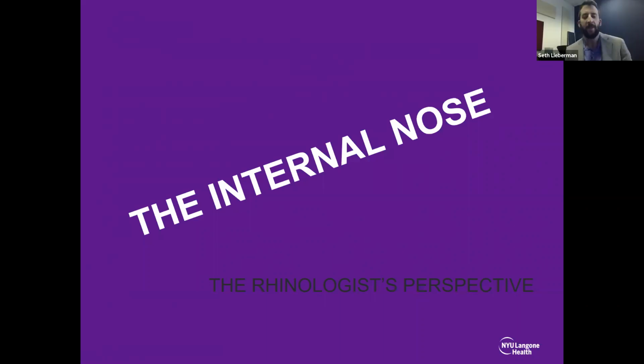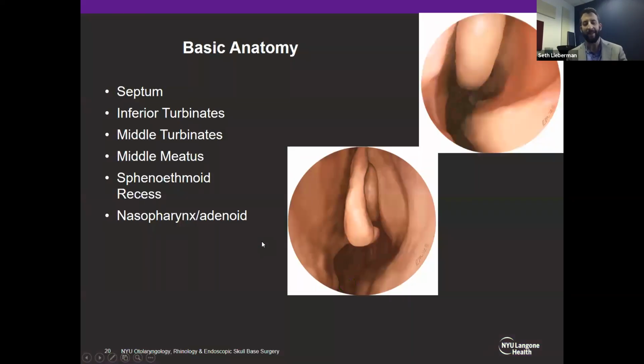So we're just going to go over some of the structures that are inside the nose, which are really things that you can't see without an endoscope mostly. It's important to have an understanding because there are a lot of different culprits for what can cause nasal obstruction. So just some very basic anatomy. We have sets of turbinates in the nose. The one that you can actually see with an otoscope or just a headlight is the inferior turbinate, and this is a very common problem